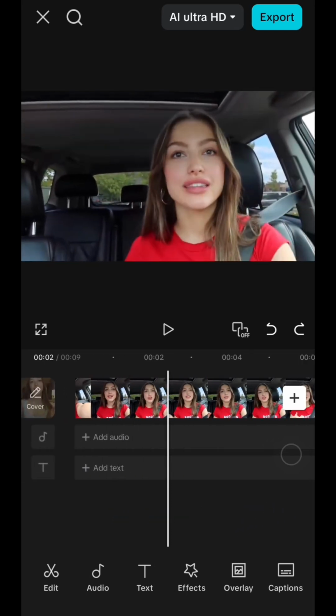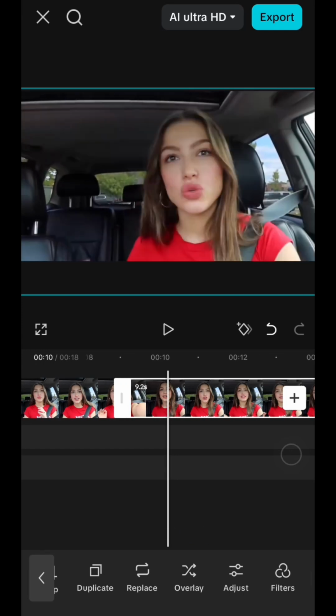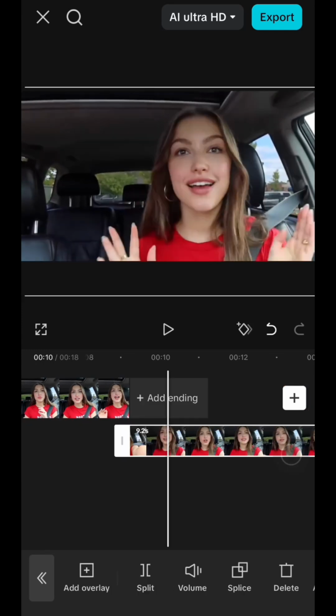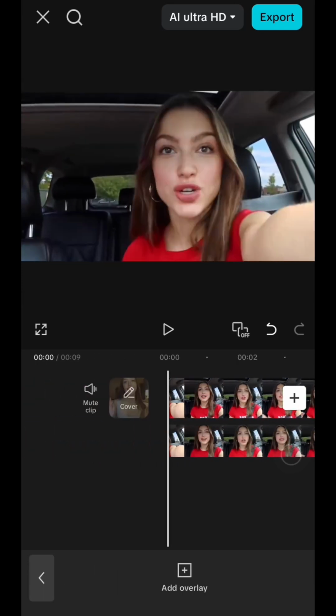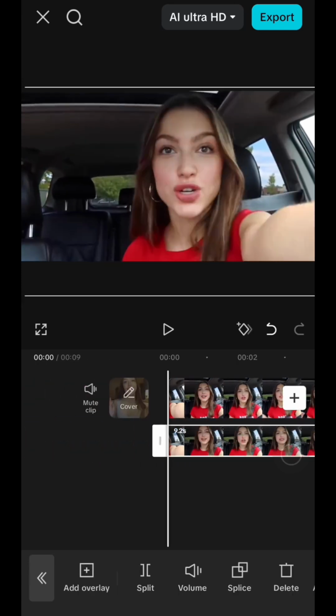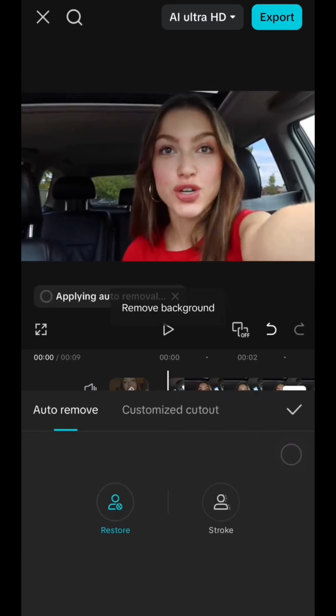Adjust it however you like, and then just duplicate the clip like this, and then make it as an overlay. And then just place it above the main clip like this, and then tap on the overlay clip and then go to remove background, choose auto removal like this,